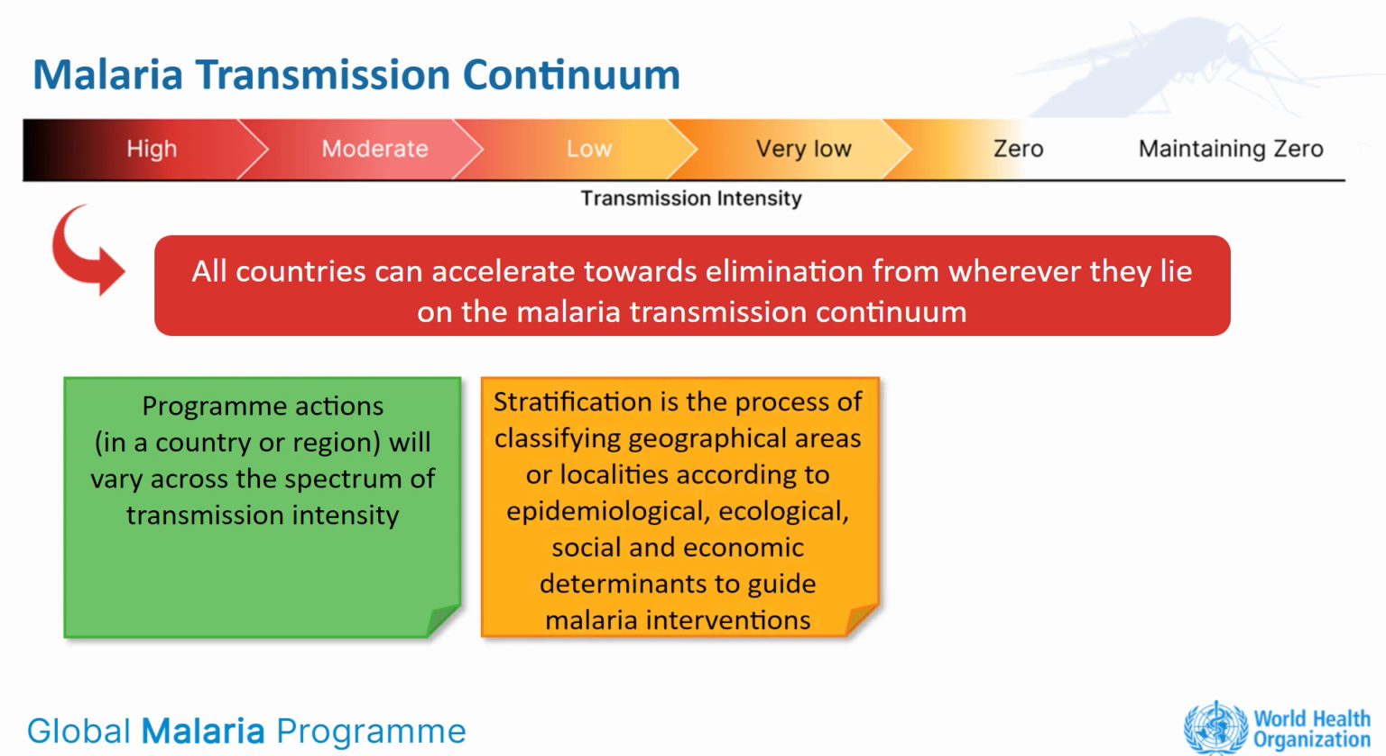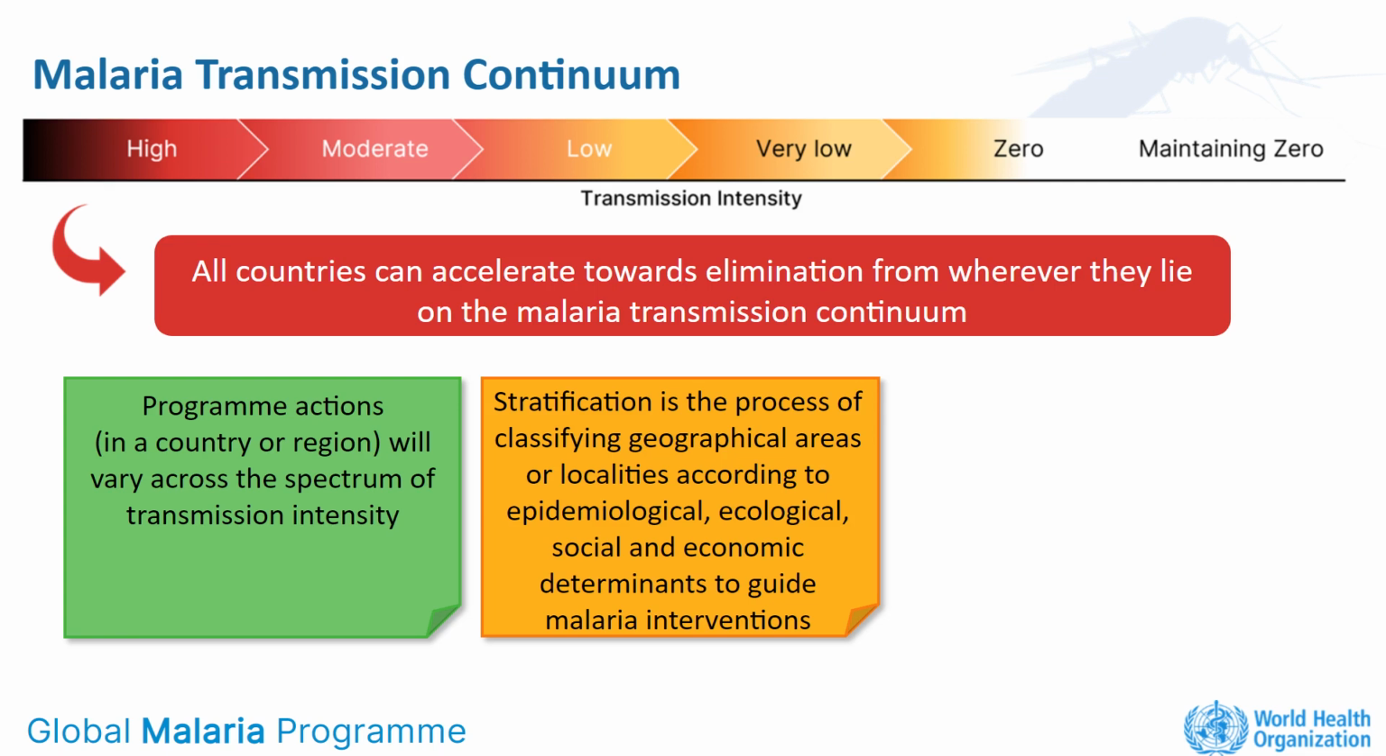Stratification is the process of classifying geographical areas or localities according to epidemiological, ecological, social, and economic determinants to guide malaria interventions. Accurate stratification of malaria transmission intensity, ideally at the level of localities or health facility catchment areas, is essential for effective targeting of interventions. In Unit 8, we will talk more about stratification and how it helps clarify the strategies to be used to